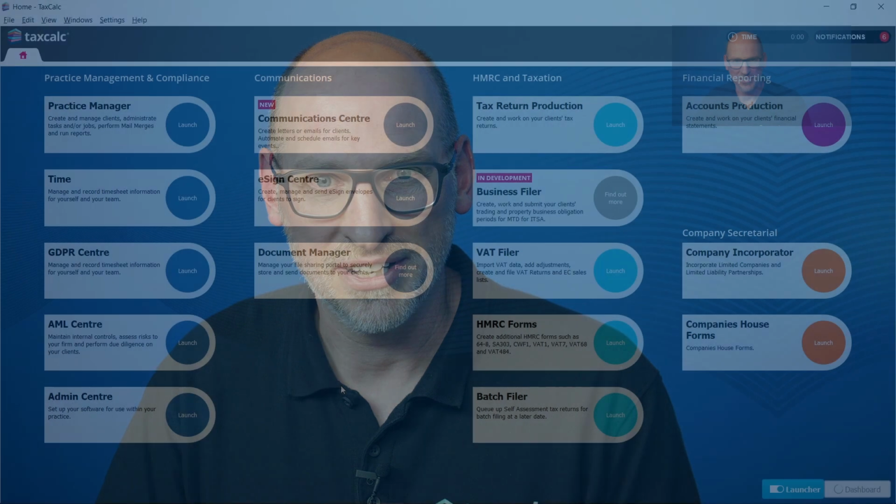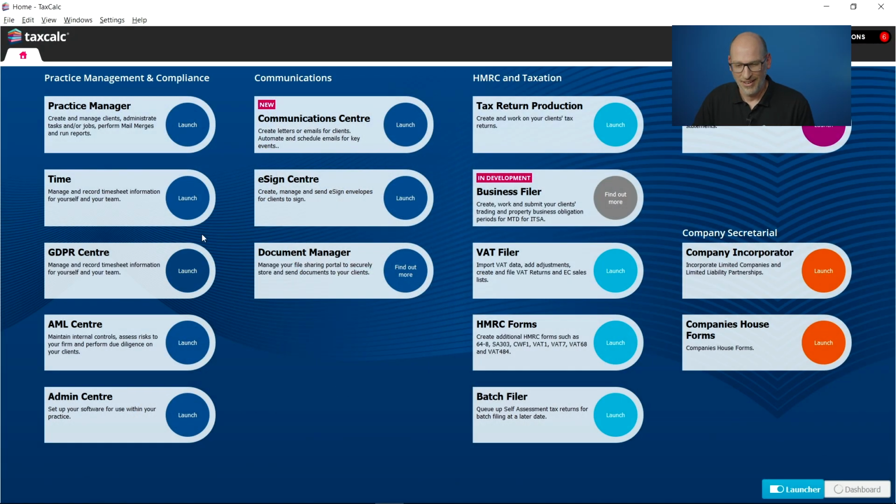Yeah, sure. I'll do a quick demonstration of how you might get the information that you need out of our software if you're a Taxcalc customer. This is probably how Z's team back in the office got the information out to give to me, because they can't be relying on the information that Z presents. Hopefully you'll be able to see my screen. There we go. So this is the Taxcalc suite.